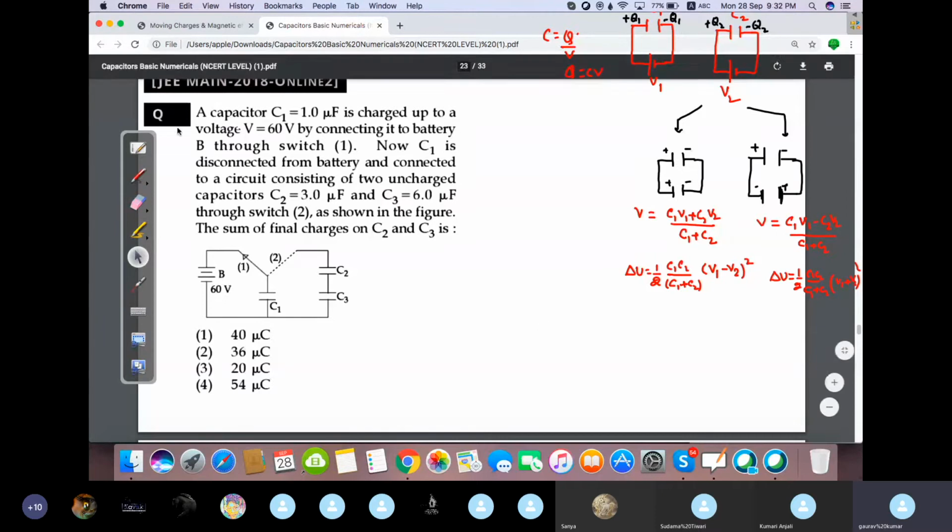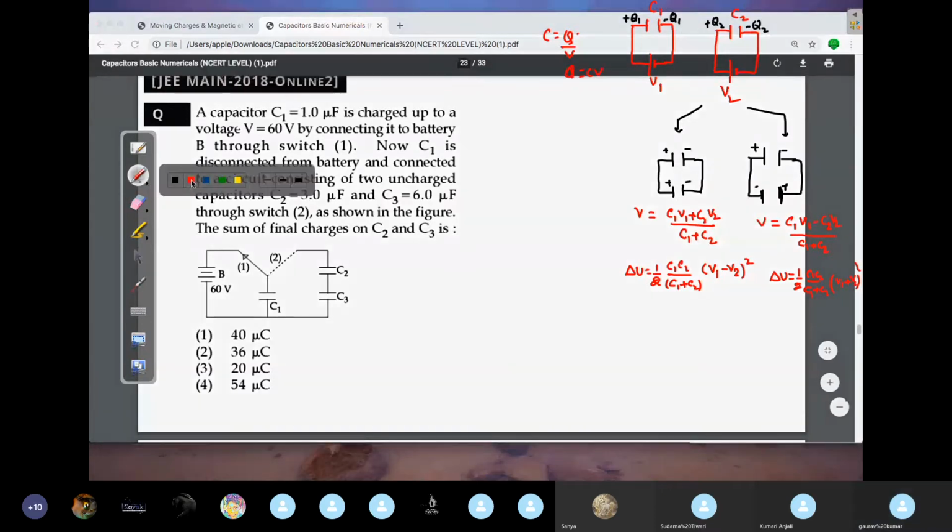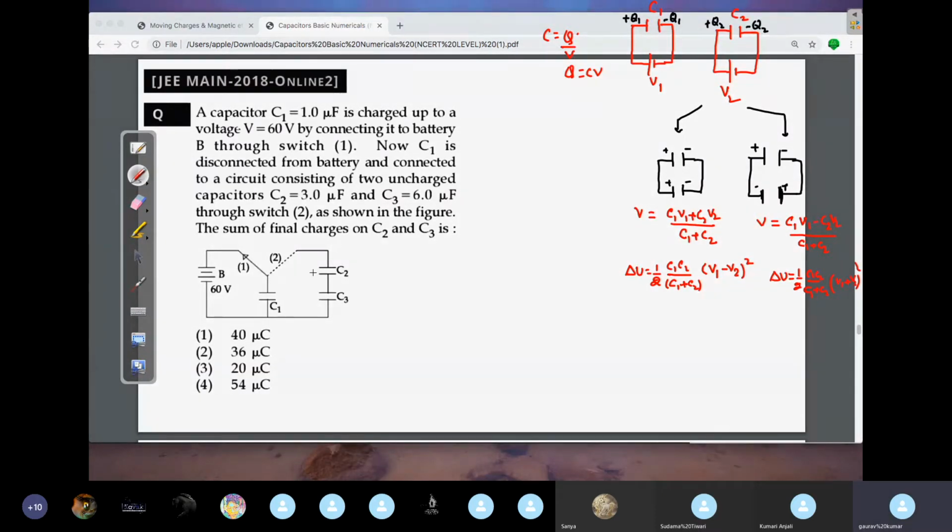Okay, let's solve this question. First of all, we'll try to solve it in the usual way, right? See here, what I'll do here, I'll treat them as one capacitor. So these two are in series, no? These two are in series. Then let's say this will be C1. I'll take C1 as 1 microfarad, and the combination of these two I will call as C2.